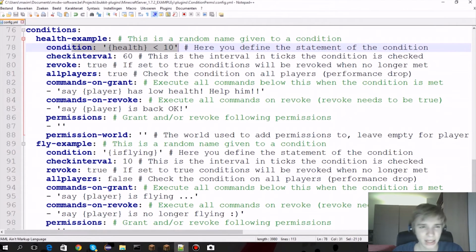So in this example, we have health, which translates to a number between 0 and 20, where 20 is full health and 10 is 5 hearts. And what this will do, it will check if the health is lower than 10, so lower than 5 hearts. So 4.5 is lower than 5 hearts. And it will check this every 60 ticks